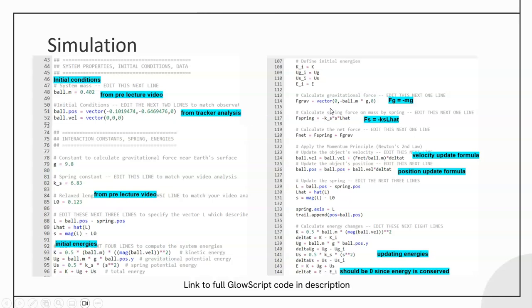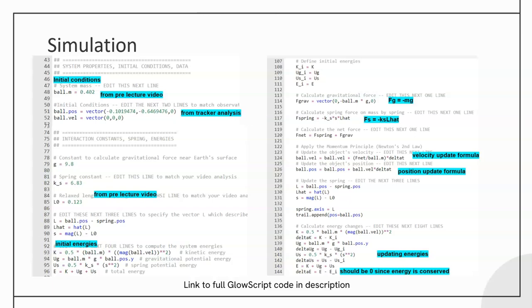So this was the simulation code. First were the initial conditions on the left-hand side, where I got the mass of the ball, and then I got the spring constant K and the relaxed length of the spring from the pre-lecture video, and then I did all the formulas for the initial energies. And then on the right-hand side is the loop for each time